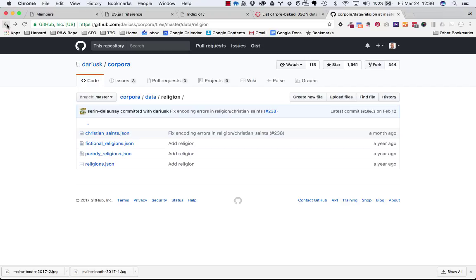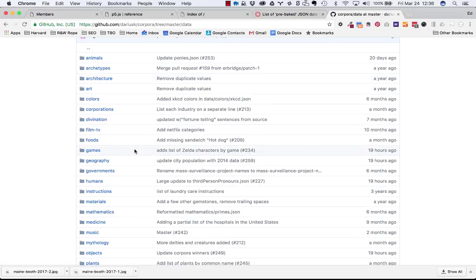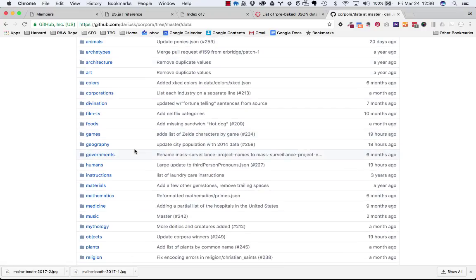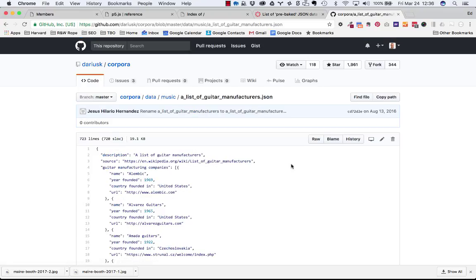the same fundamentals that we've been using all along, we can wrangle this thing and do stuff with whatever it is we want to do. And that's what I'm going to do. I like to play guitar poorly, but I still like it. And so one of the things that I looked at, I was interested in music, and I found this list of guitar manufacturers, right? So what I'm going to do is take a look at this data,